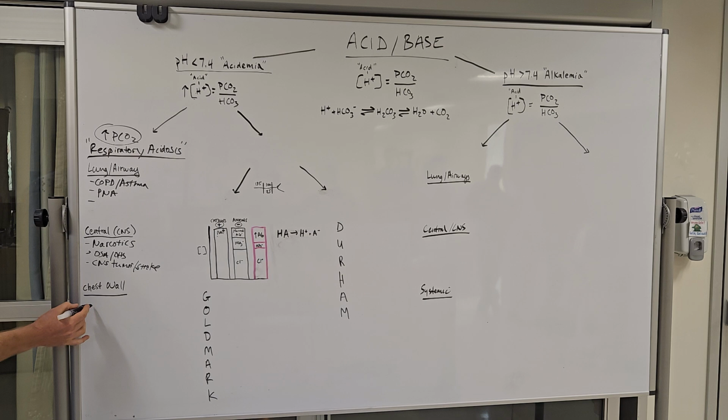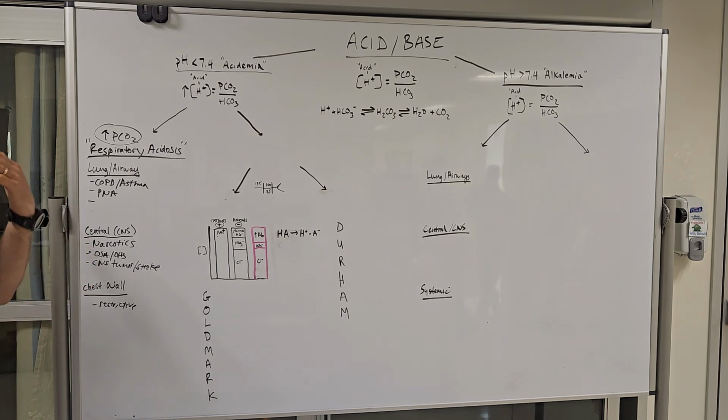Or you can have chest wall issues, like restrictive lung disease, people with kyphoscoliosis, where it's harder for them to take big deep breaths. Burn patients, with the eschars, can't expand their chest wall as much to breathe off that CO2. So does that all make sense? Think of the things that can cause us to retain CO2,